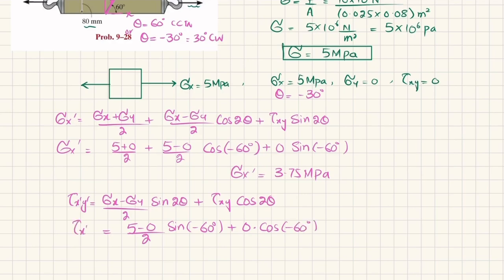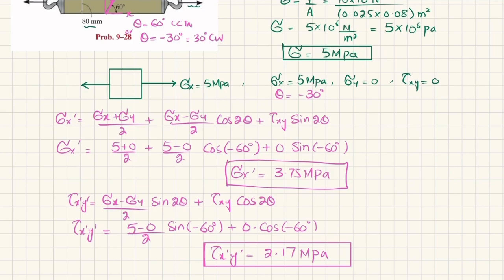And when you calculate it, the shear stress comes out to be 2.17 megapascal. So this is the transform shear stress, and this is the transform normal stress that will act on